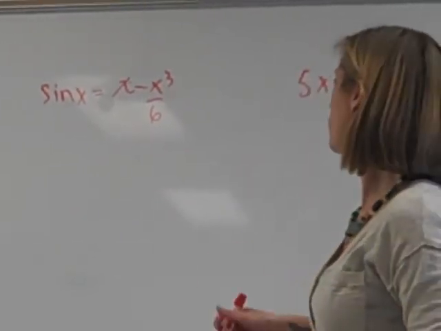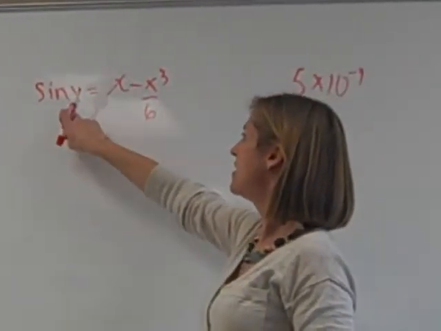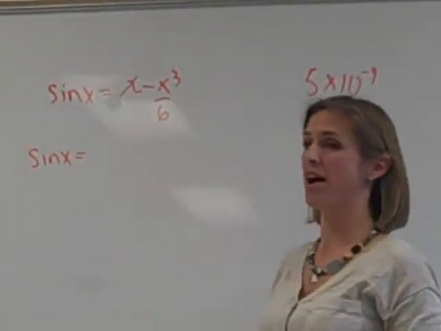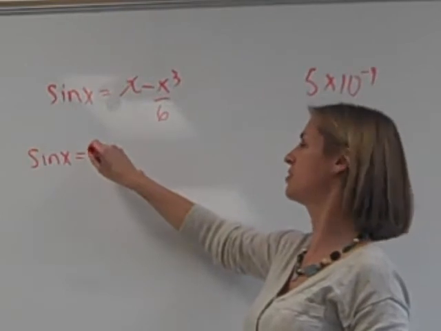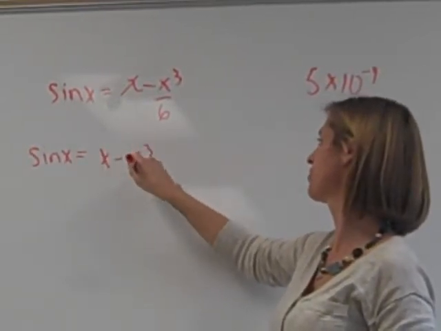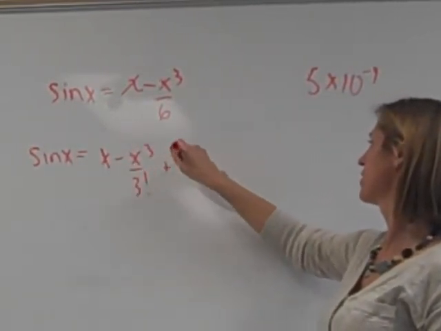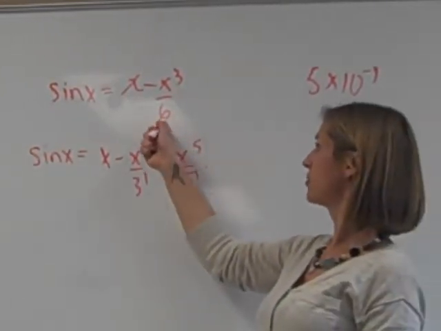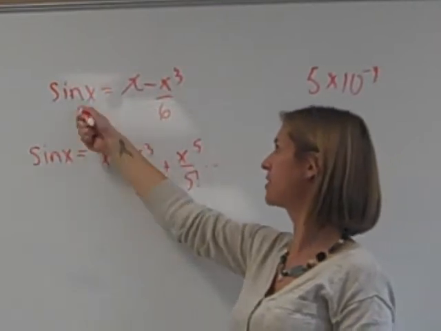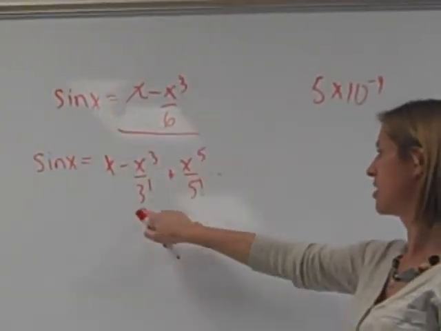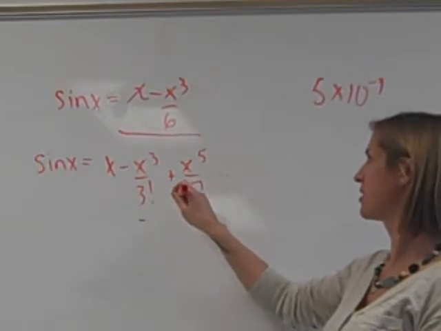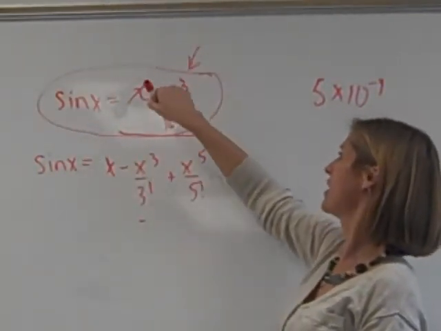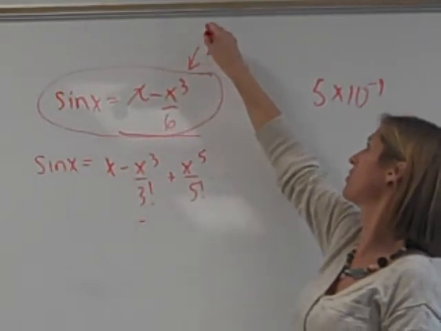On Tuesday. What they're trying to get you to see is that this is actually the series for sine of x. The series for sine of x is x minus x to the third over 3 factorial plus x to the fifth over 5 factorial, and so on. This is only the first two terms, because 3 factorial is 6. So what they're giving you is sine of x, and they're saying if we take its series and just take the first two terms,